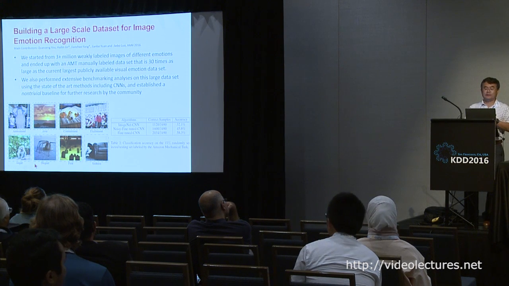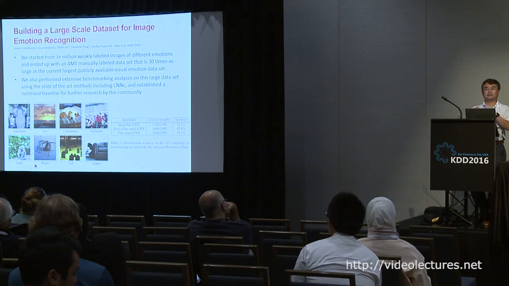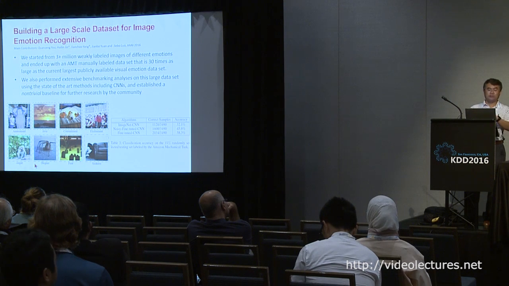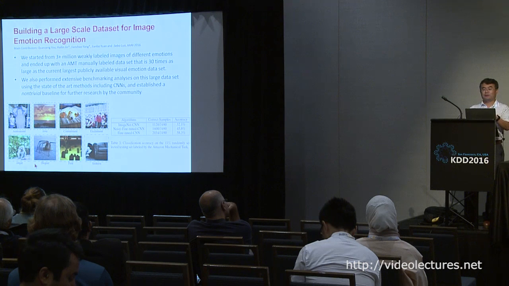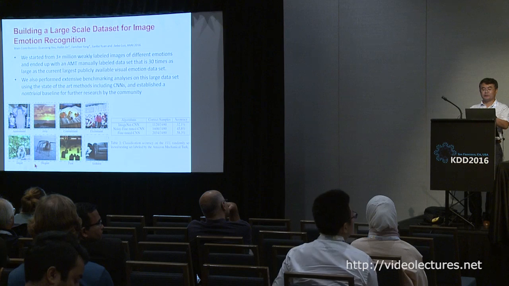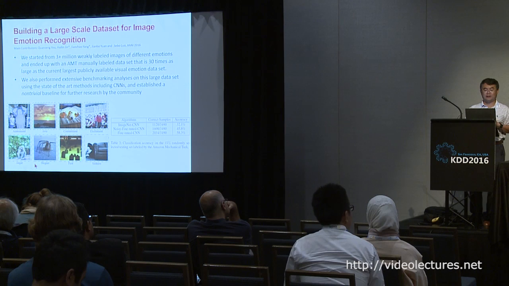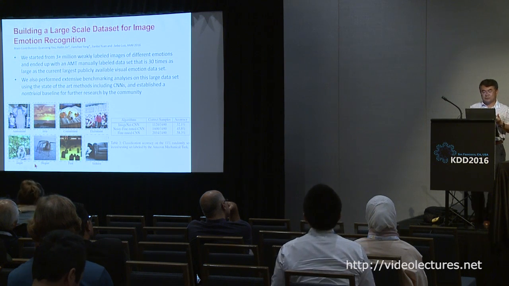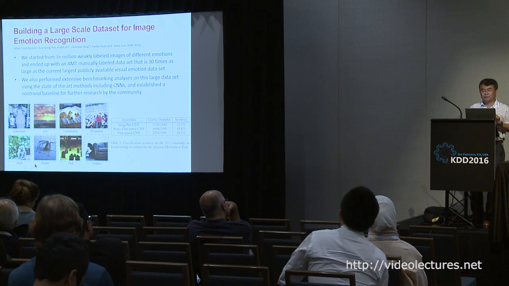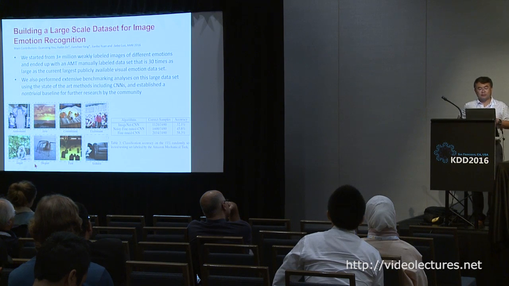Okay, so we started from over 3 million images. The reason I call them weakly labeled is we were using the descriptions of these images to label the emotions, but then we used humans to verify that machine label. So as a result, we actually eliminated lots of images. So in the end, we don't have 3 million images anymore. But we ensure that even for the smallest class, which I believe is fear, because you don't get many fear images, we have over 1,000 images.